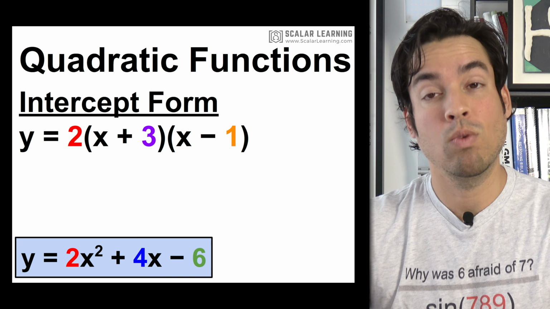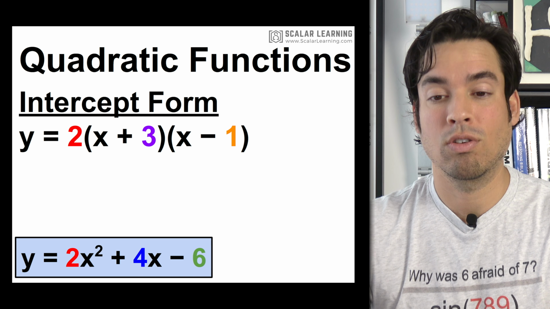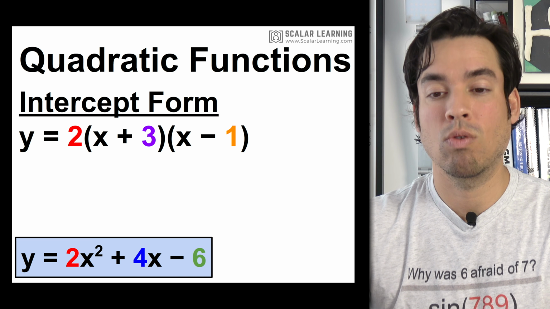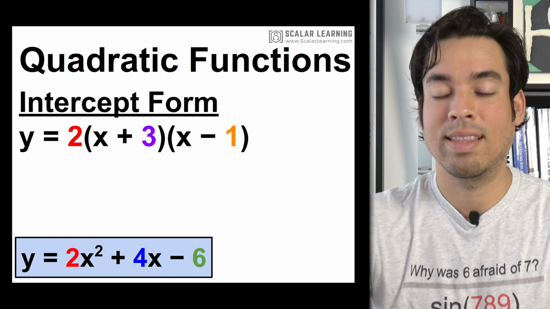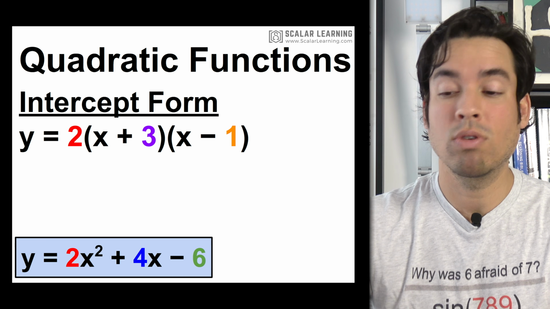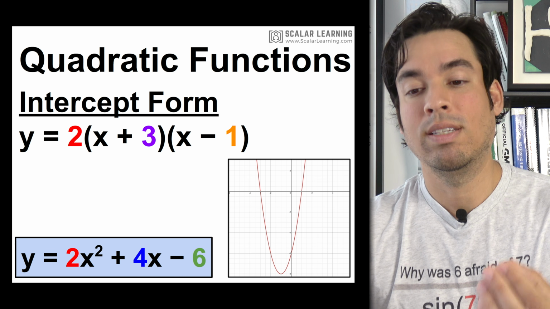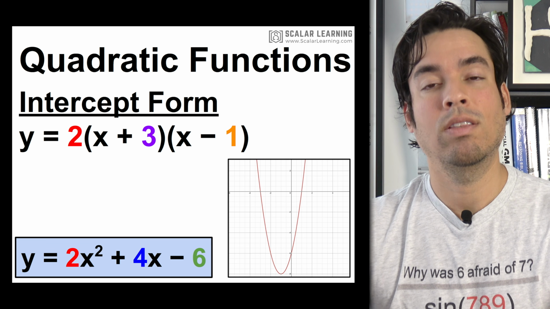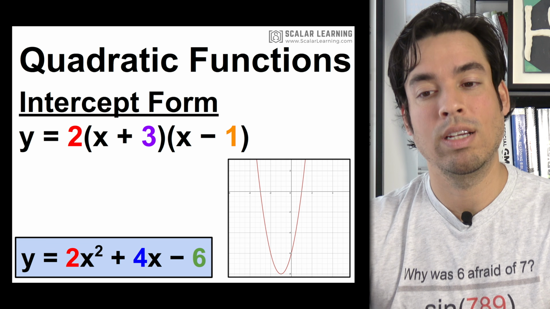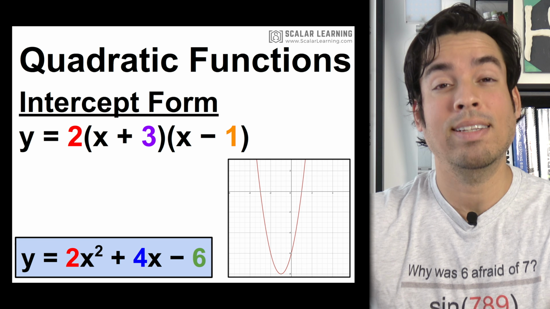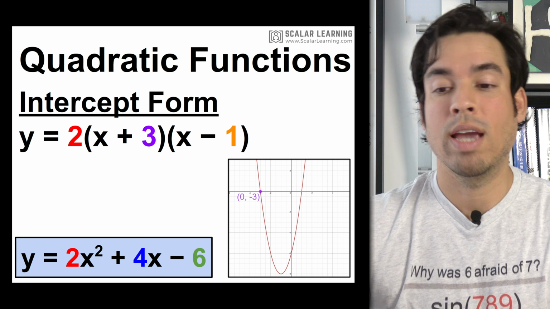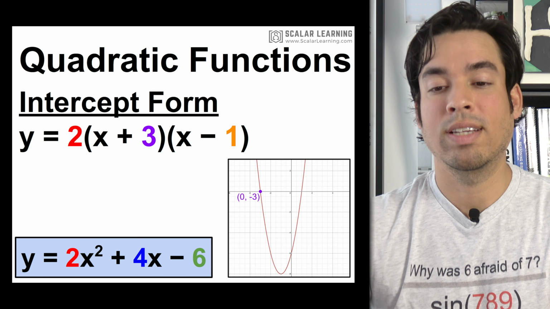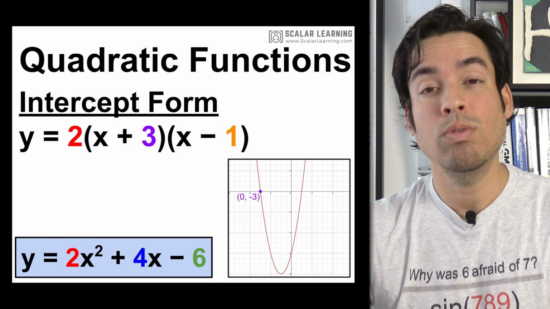Okay, there can be 1 and there can be none, but in this case there are 2, and it's that purple and that orange number, that 3 and that negative 1. But it's also important to note that when we see those values, it doesn't mean that there is an x-intercept at x equals 3 and x equals negative 1. In fact, it's flipped. So you'll see we have an x-intercept at negative 3, and that's really important too, because